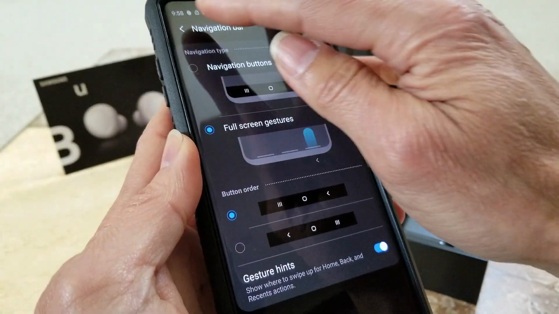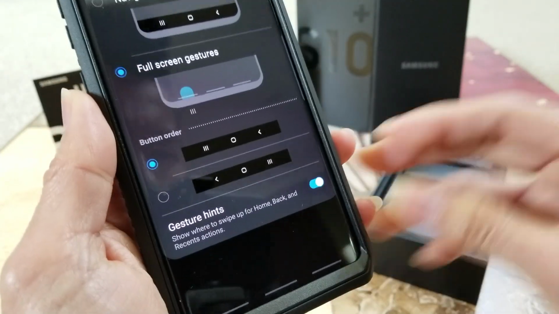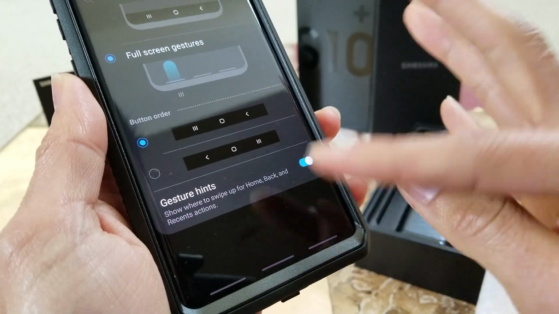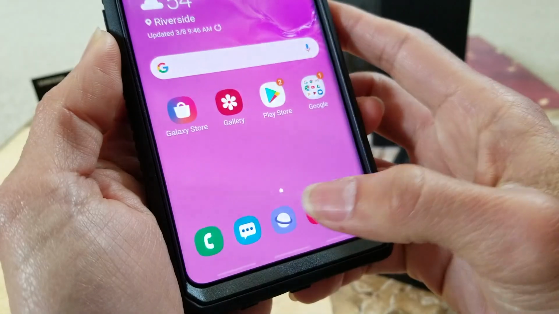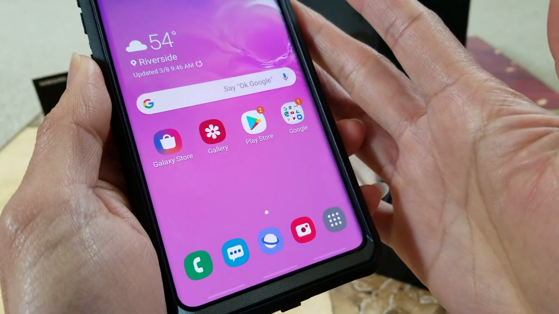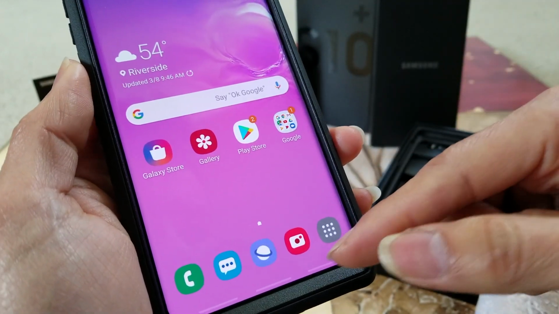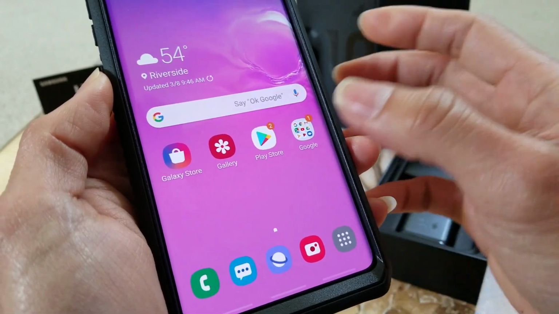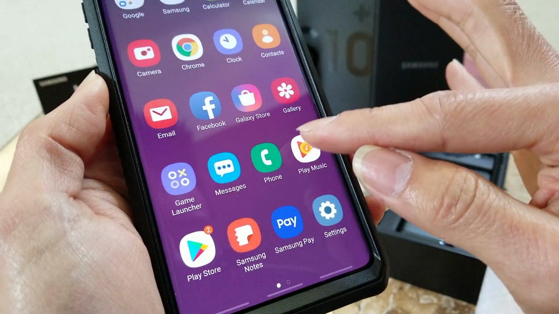Go back. So if you want to go to the home button, normally you press here, right? But instead of pressing the middle one, you have to swipe it up. So now you're at the home screen. So it's kind of tricky. You gotta learn it. And for example, if I open, let's see, if I open music,